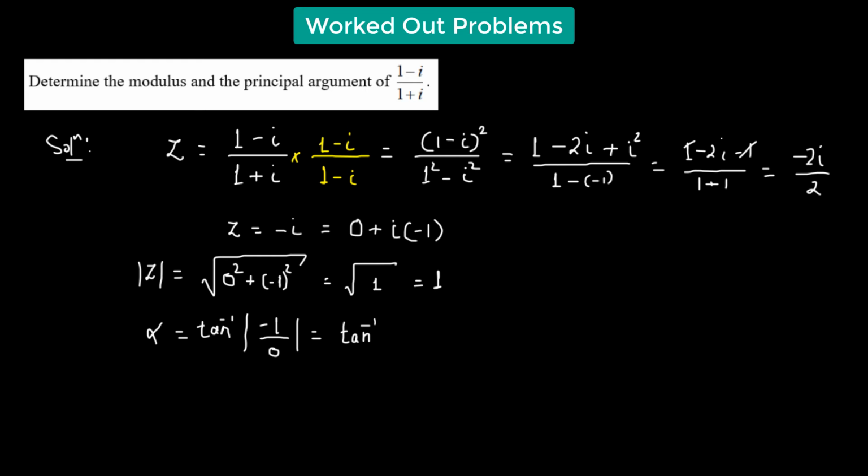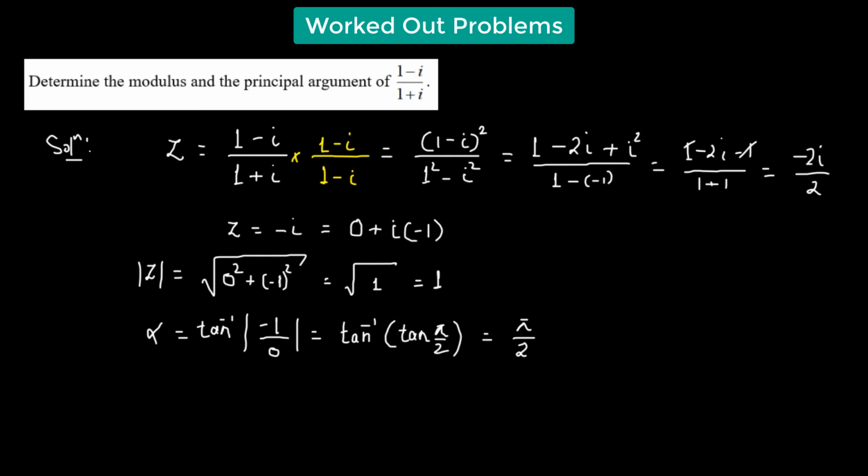So this case is only true when we have tangent of 90 degrees or pi over 2. So this is the situation when our tangent function blows up, or we can say it's undefined. So that gives us the alpha value to be equal to pi over 2. Now we'll have to check whether our given complex number lies in the second quadrant, third quadrant, or the fourth